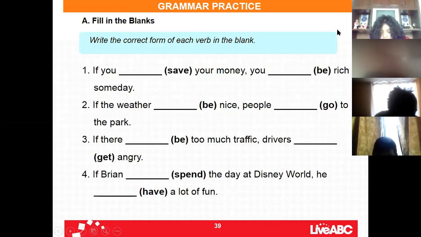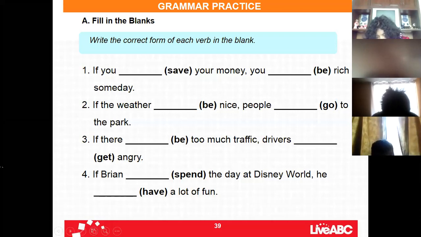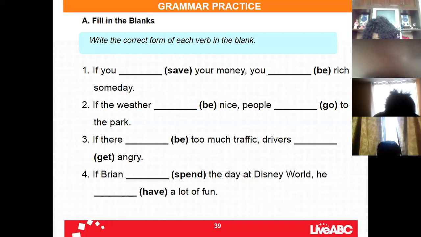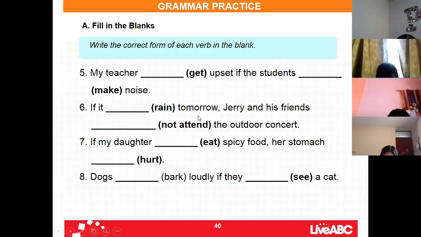Now, the grammar practice, please. Open your books on page 79. You have the grammar practice and some exercises about the zero and first conditional. Letter A. Fill in the blanks, write the correct form of each verb in the blank. Tenemos entonces, escriba la forma correcta del verbo en el espacio en blanco. Sí, dime. Listen, yo ya tengo la 1 resuelta. Profe,